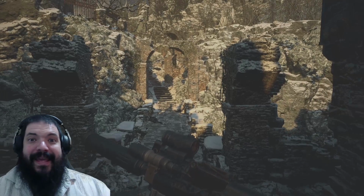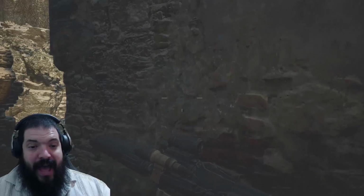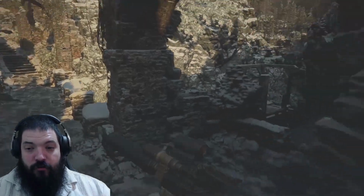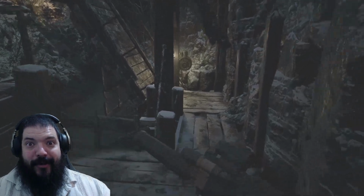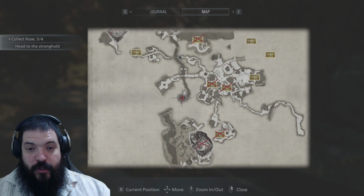Once we've got the crank, it opens up a lot more of the map for us. So we're going to go back towards Duke and then come back to the lone road just here, and then chuck a right, use the crank, lower the drawbridge, go across to the boat, and we're going to sail it to our next document. Now for the boat, you start here at the lone road, which is just up here,